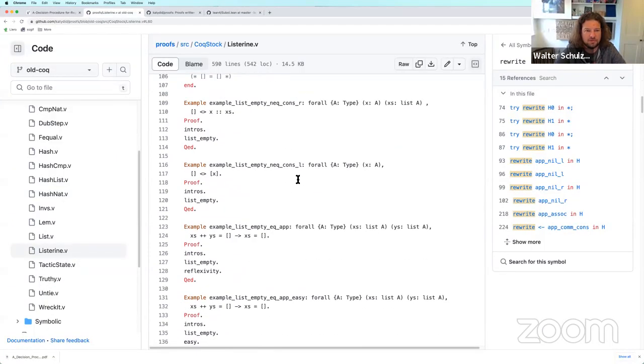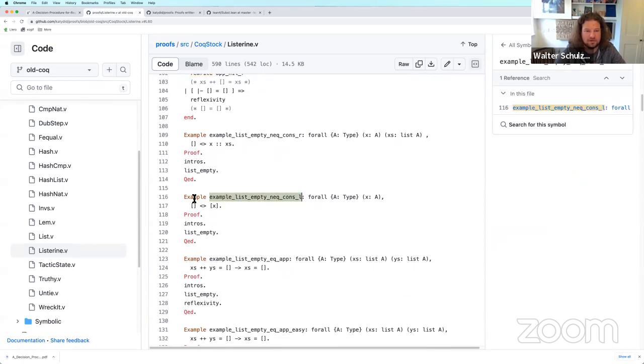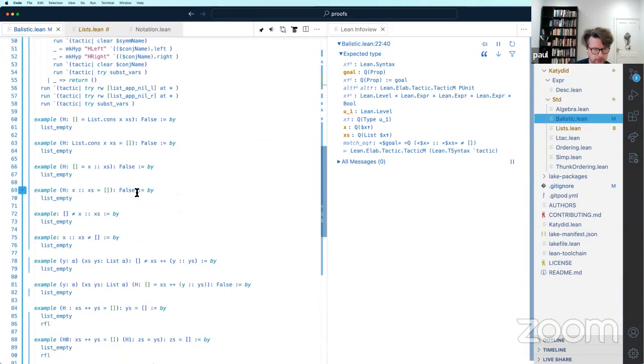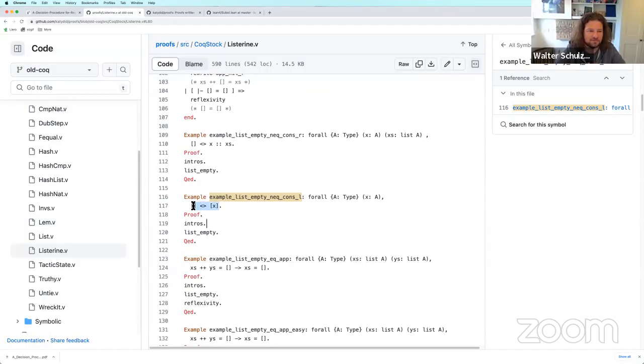Okay, what other test cases? Oh yeah, just a singleton list. Oh, I copied the name. That's useless.